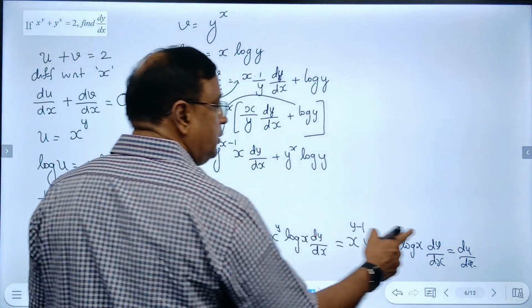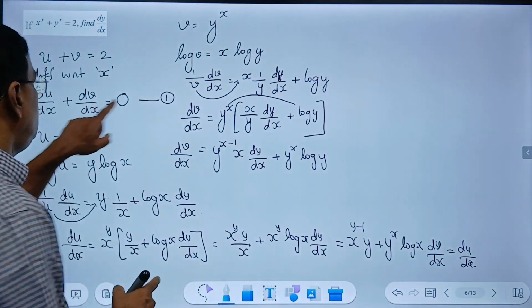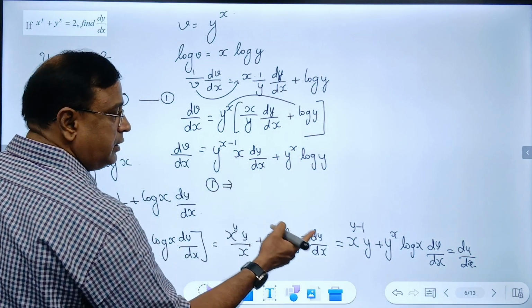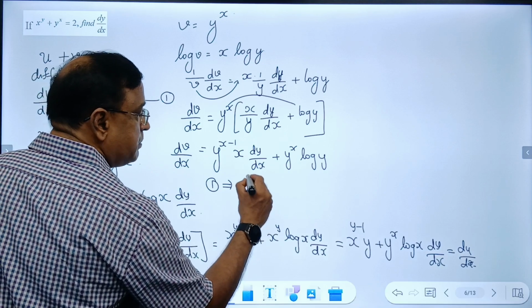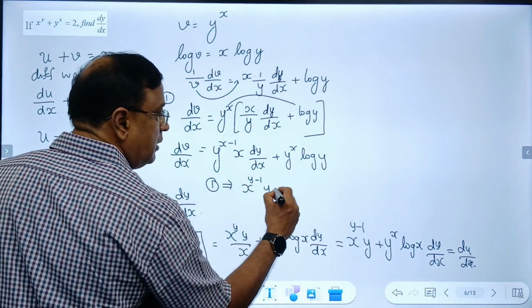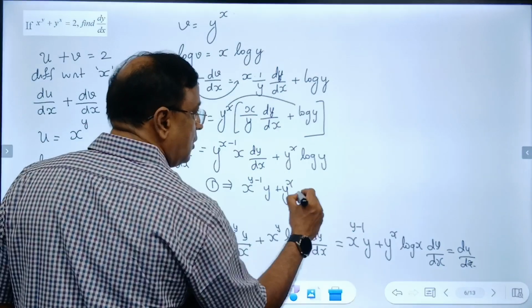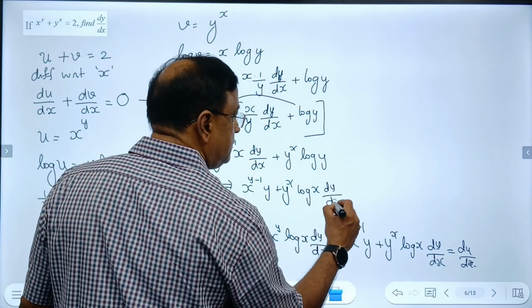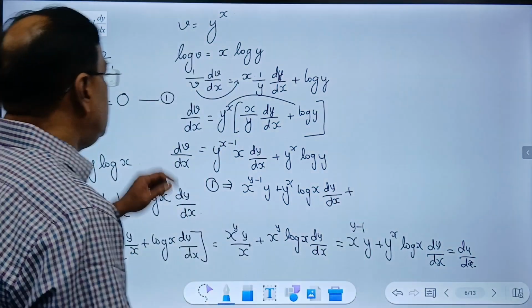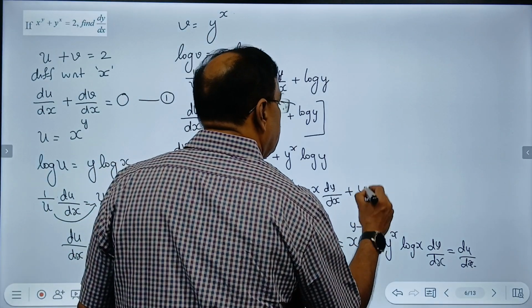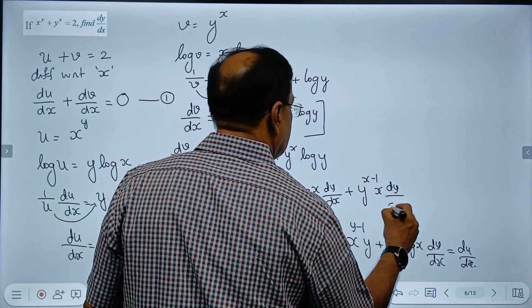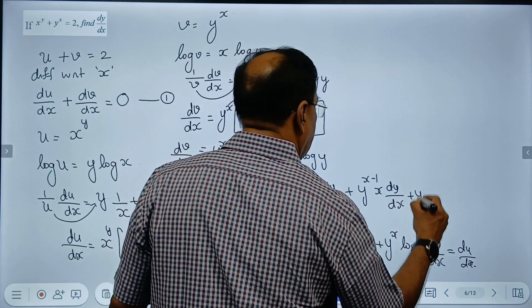Now substitute du/dx and dv/dx in 1. So 1 becomes: x^(y-1) y + x^y log x dy/dx + y^(x-1) x dy/dx + y^x log y